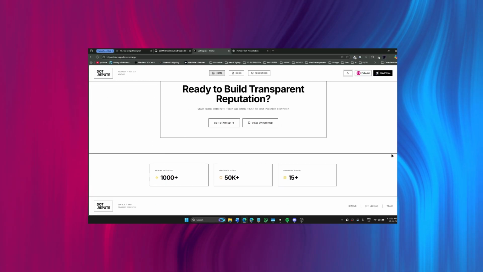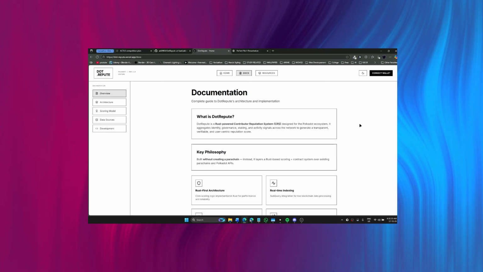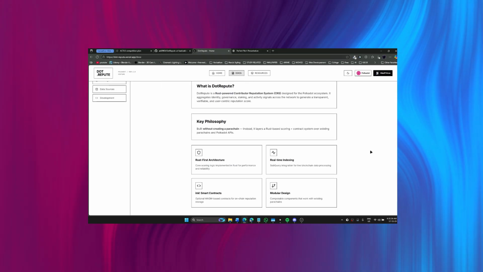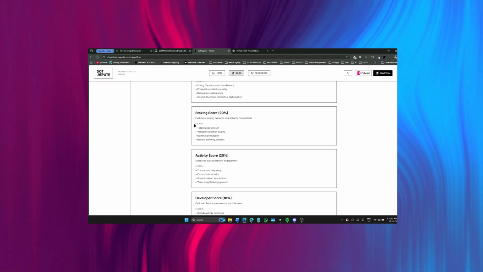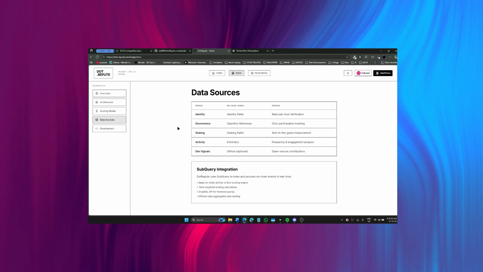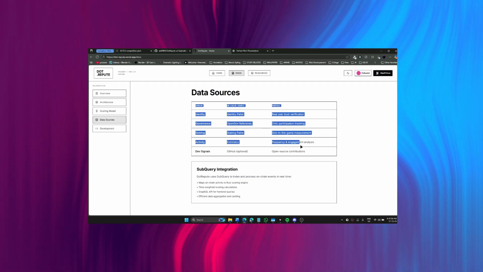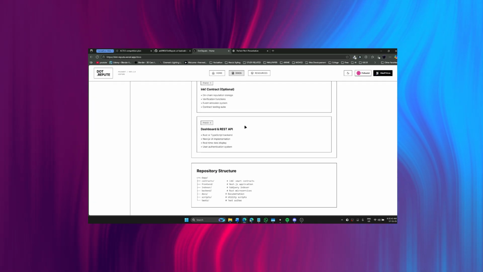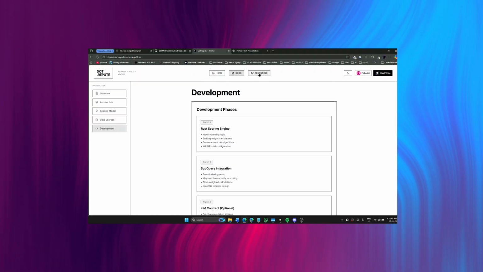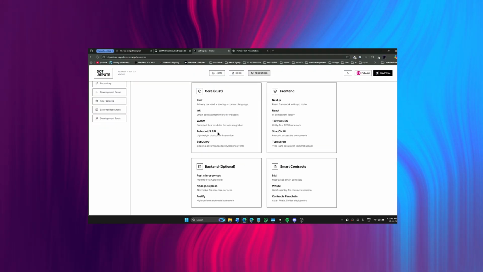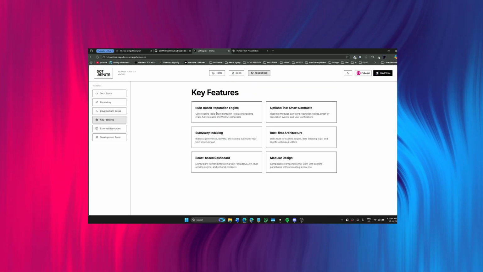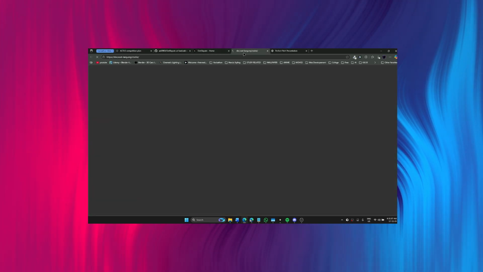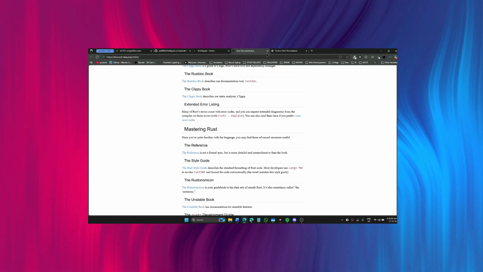Today, we are excited to present DotRepute, a project that brings one of the most valuable Web2 primitives into Web3, a unified, verifiable, user-owned reputation layer. In Web2, reputation powers not just hiring, but trust, transparency, and community growth. None of this exists natively in Web3 today. Everything is fragmented across wallets, votes, staking, and contributions. We built DotRepute to fix exactly this problem.